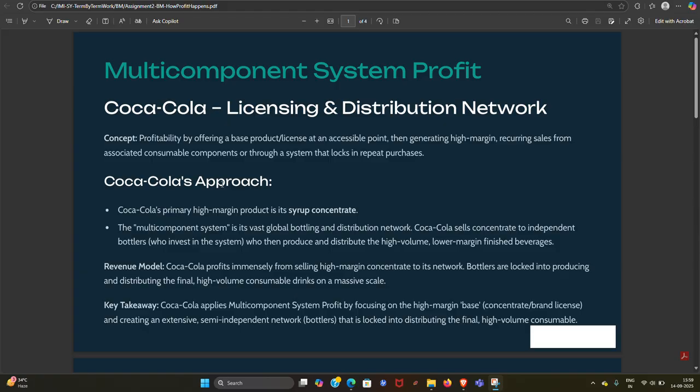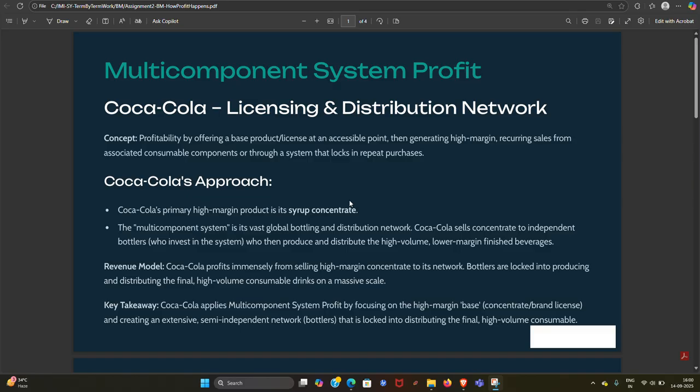So, Coca-Cola profits immensely from selling the concentrate to its network, and the bottlers are locked into producing and distributing the final high volume drinks on a massive scale. So the key takeaway here is that Coke applies the multi-component system profit by focusing on their high margin base, which is the concentrate that they create, for which they have a proprietary recipe, which is again not disclosed to